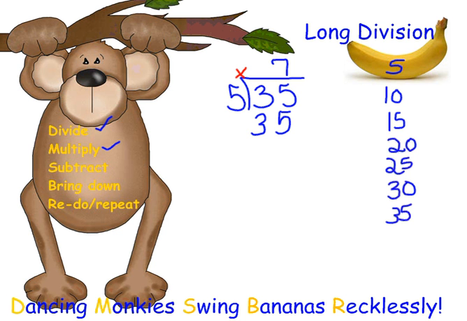Now the next thing we're going to do is subtract 35 from 35 because that's our next step. Well, I see that 5 minus 5 is 0 and 3 minus 3 is also 0. And I'm going to check off the word subtract because we have subtracted. The words bring down and redo go together. They are partners. If you do one, you have to do another. In this video, we're not going to explore bring down or repeat